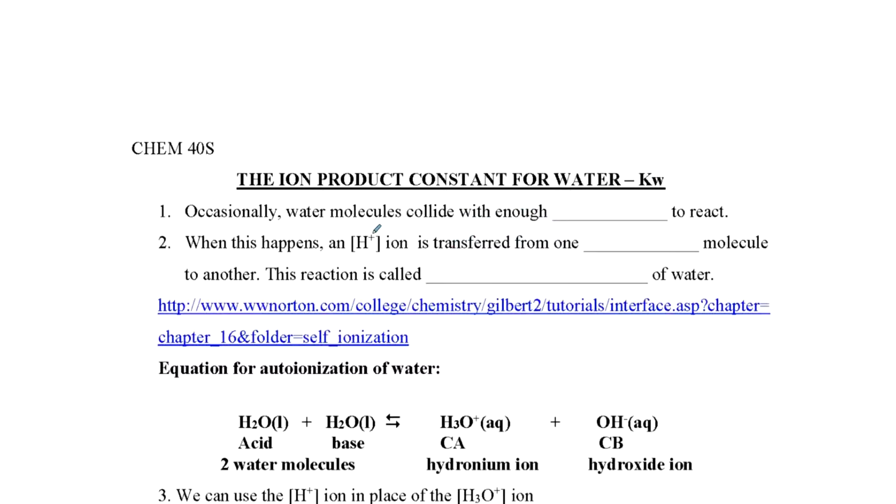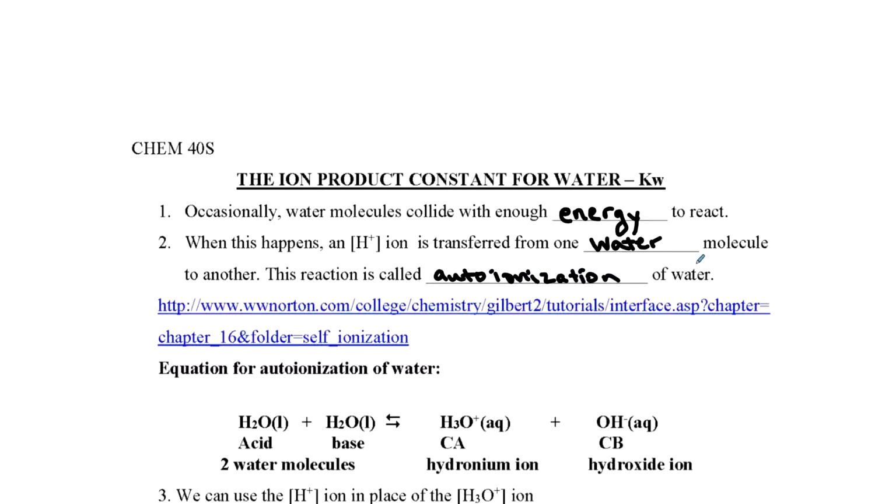So where does this come from? What exactly are we talking about when we are saying an ion product constant for water? Well, occasionally water molecules will collide with enough energy to react. Okay, and when they react, they ionize. They break apart into their separate ions. So when this happens, an H plus ion is transferred from one water molecule to another. This reaction is called the auto-ionization